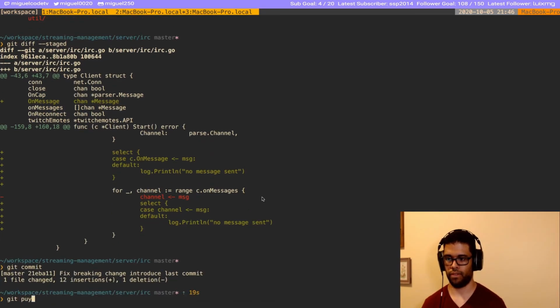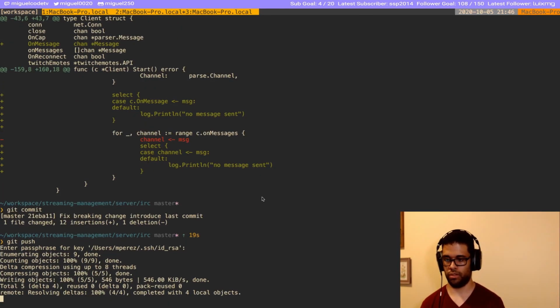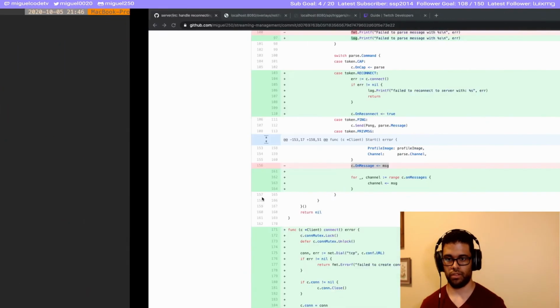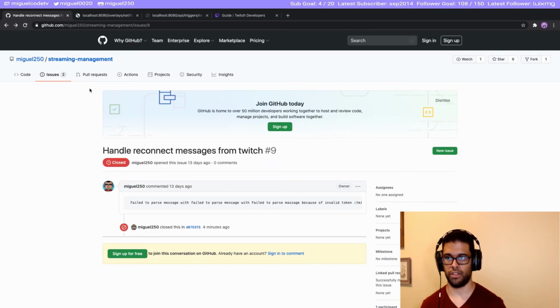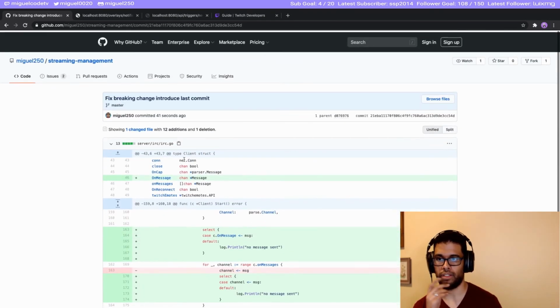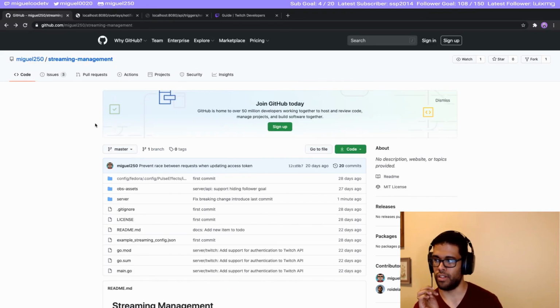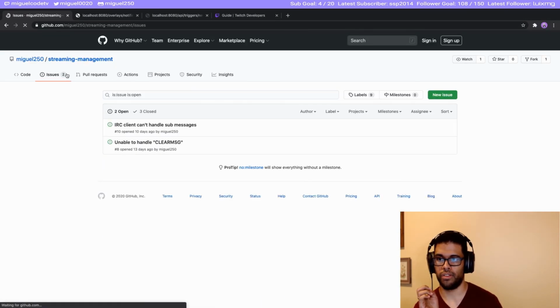Okay. Cool. Okay, so that should work. Didn't break anything else. So now we're able to handle reconnect messages.